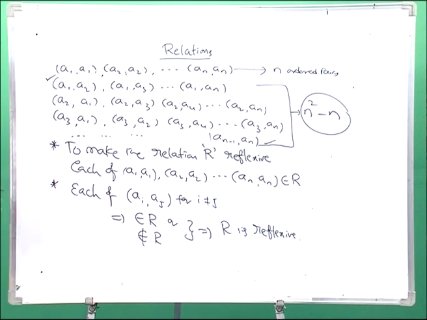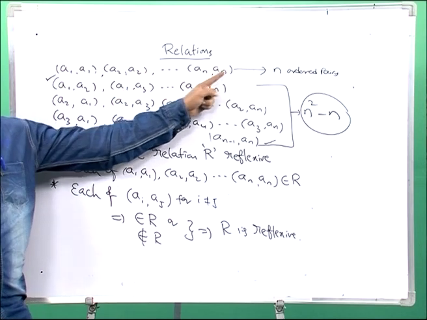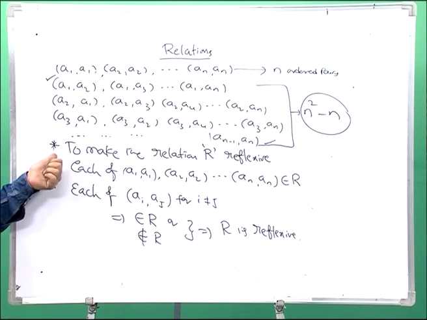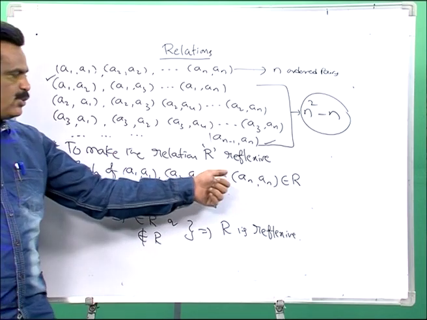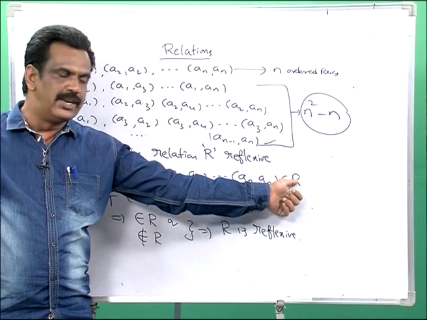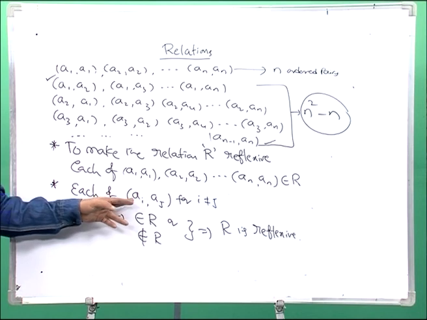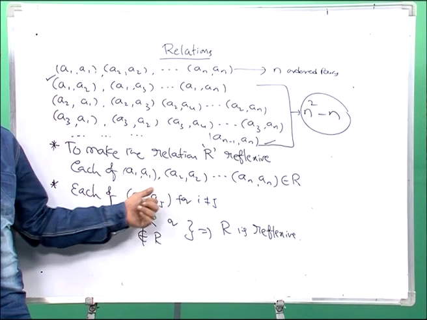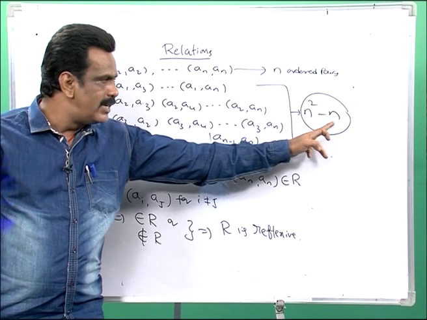So first of all, we are observing the logic to identify the number of reflexive relations. The logic here is that every element from A1 A1, A2 A2 up to AN AN must be in the relation irrespective of the remaining elements. That I have discussed in the first star. To make the relation reflexive, each of A1 A1, A2 A2, and so on AN AN must be considered in the relation R. After doing the first job, you can go for the second one. You may include AI comma AJ for I not equal to J, meaning the first coordinate and second coordinate are both different. Those come under the remaining n square minus n ordered pairs.